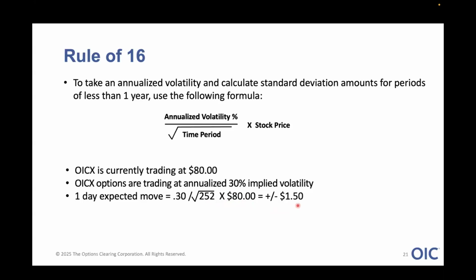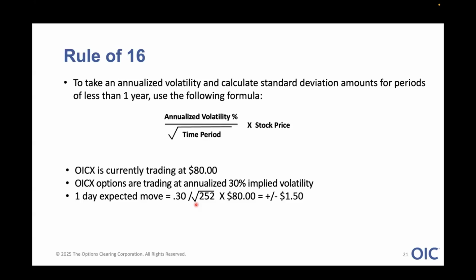So what that means is at a 30% implied volatility, this stock is expected to trade on any given day within 1 standard deviation, between 81.5 and 78.5, 68% of the time. Okay, that's what that means. So that's how you take that annualized number and break it down into a more usable figure on a daily basis. Now, you can do this with any product that trades options, whether it is equities, whether it is ETFs. Okay, any product that trades options, you can use this tool or this formula to calculate